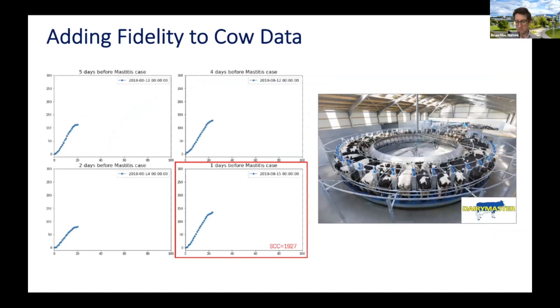One of the ways we've been trying to improve on that is adding essentially more virtual fidelity in this case. So what other data can we collect to give us a more detailed picture of what's going on with the cows? One piece of data that we've been working with, in association with the company Dairymaster, who are a big agricultural technology firm, is from their modern milking equipment. Using sensors they have on that equipment, we get a very detailed picture of what happened during the milking of a particular cow.